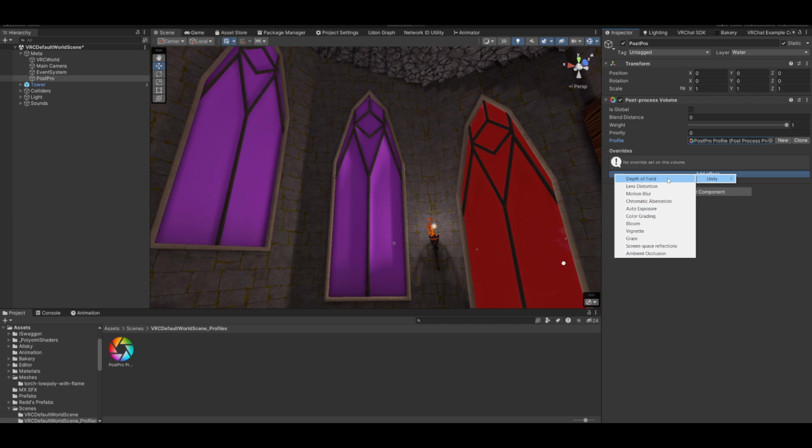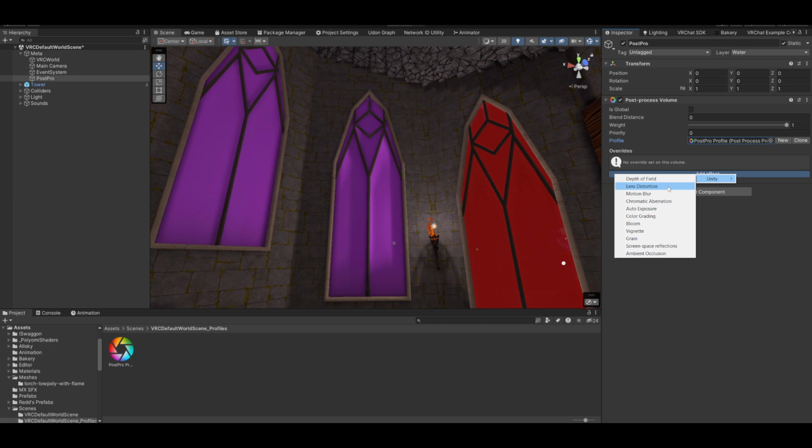Depth of field is the camera effect that keeps everything at a certain distance in focus. I wouldn't recommend that for VR because it could lead to motion sickness. Lens distortion is comparable, as usually lenses distort the light, so towards the borders, the lenses are a bit more deformed. But yeah, usually I don't like it if